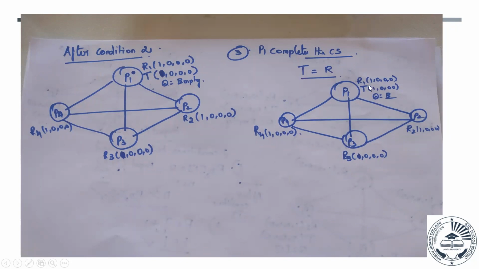So his value becomes T is equal to R. So now you can see here R1 100 and T is equal to 1, 0, 0, 1. I have to change the value. So R is equal to T. So once I assign this value, now P1, the token what he has, he can release to the next person. Okay. So this is the way how your site will get into the critical section and release the token. Say for example, I hope you have understood till now. Yes, sir.